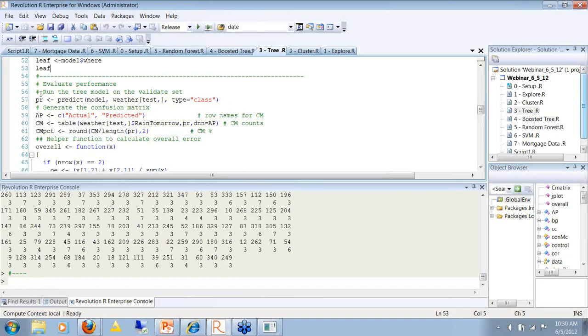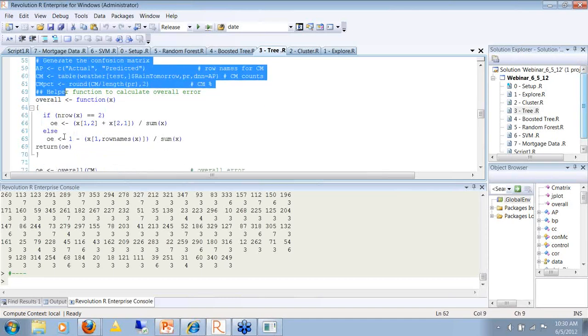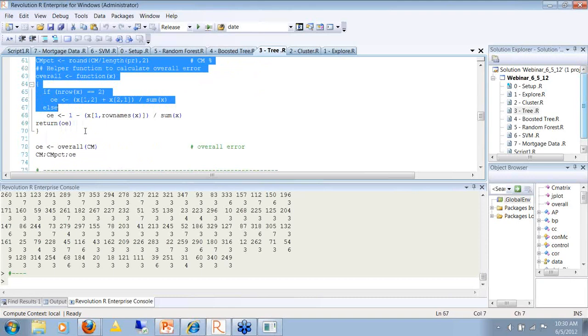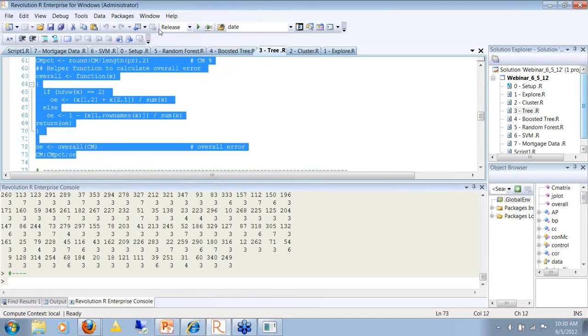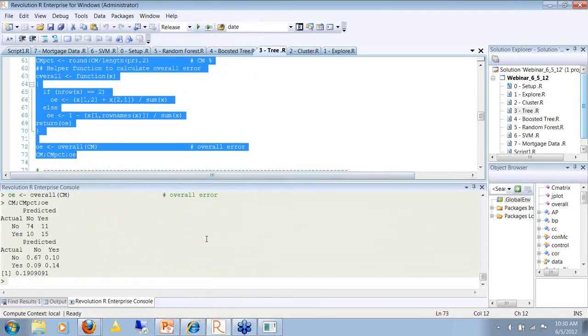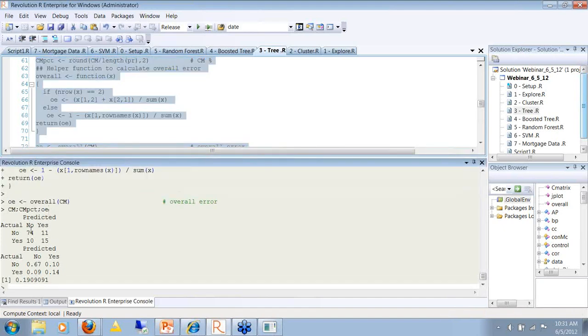And we're going to then build what we call a confusion matrix. And I have a helper function here that just calculates overall error. So if I run this code, we get a look at the hand-built confusion matrix. Later on I'll show you some functions that automatically build it. So of the actual observations, there were 74 in which it did not rain, and the model predicted it would not rain.